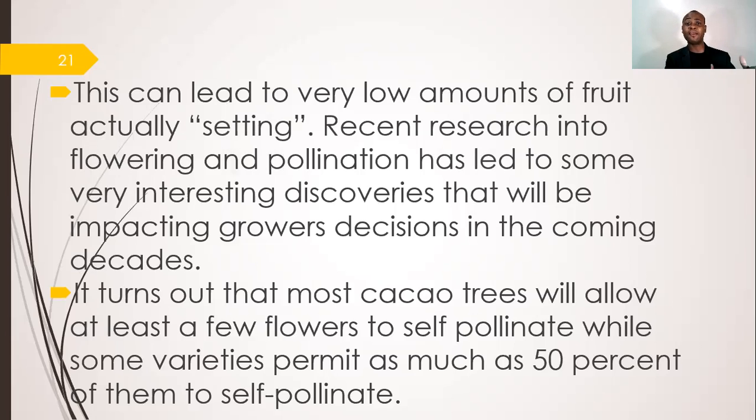So maybe in a few years, we may have some cacao varieties that may be able to self-pollinate about 50% of their flowers. But presently, we don't have varieties like that. But genetic engineering is presently working on that to promote